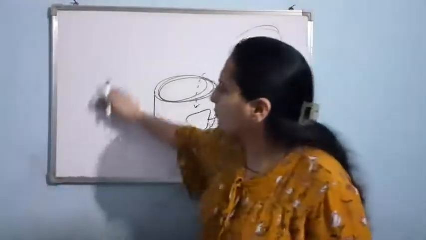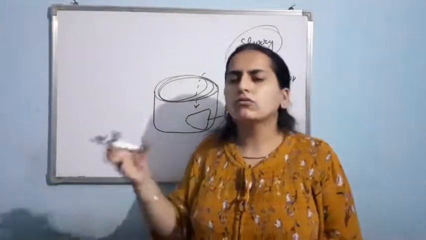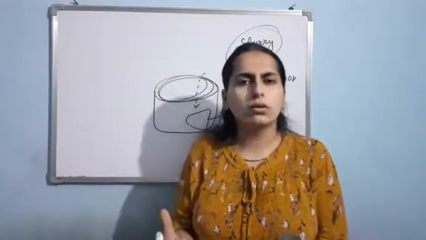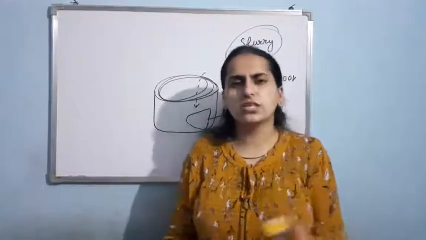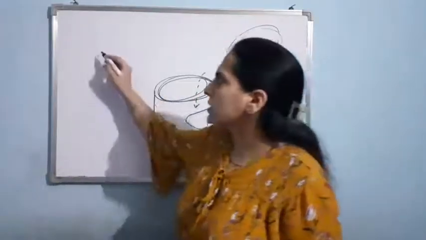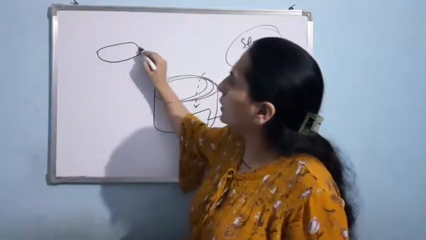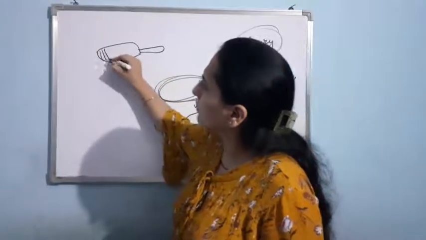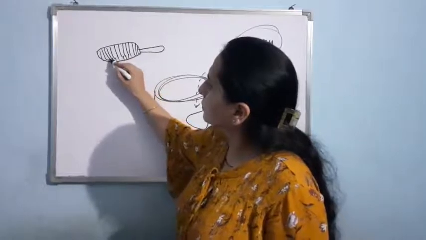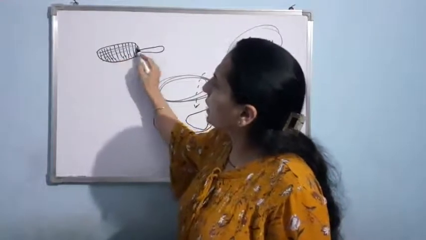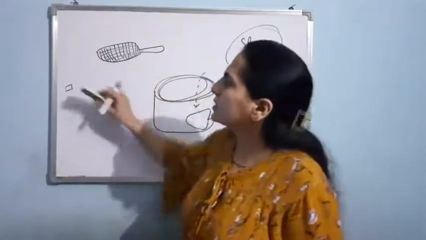Now, next what we have to do, take that slurry and we have to filter it. We can pass it with the help of a cotton cloth or any kind of cheese cloth. Cheese cloth is used for the separation of cheese basically. So we can use any kind of this thing. Suppose I am drawing a strainer. You have seen that in a strainer there are small boxes like this. Right, so we have taken a strainer.